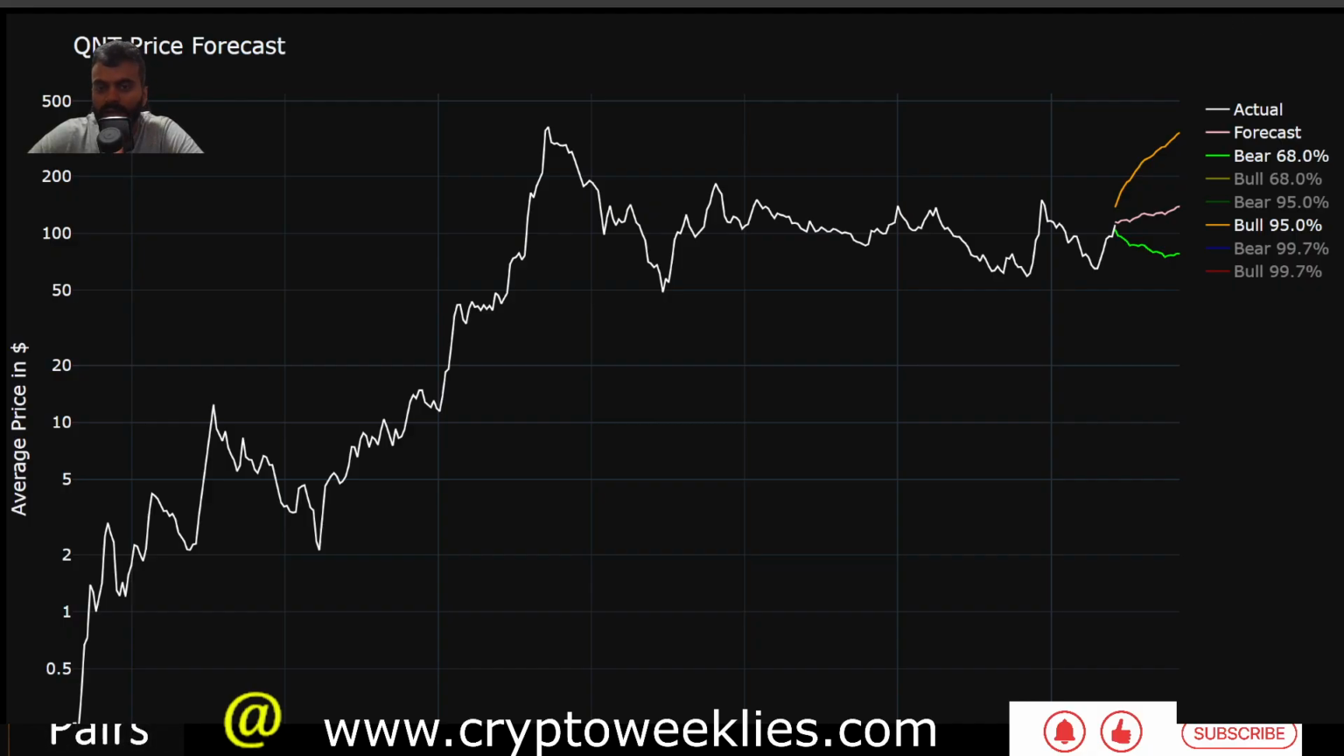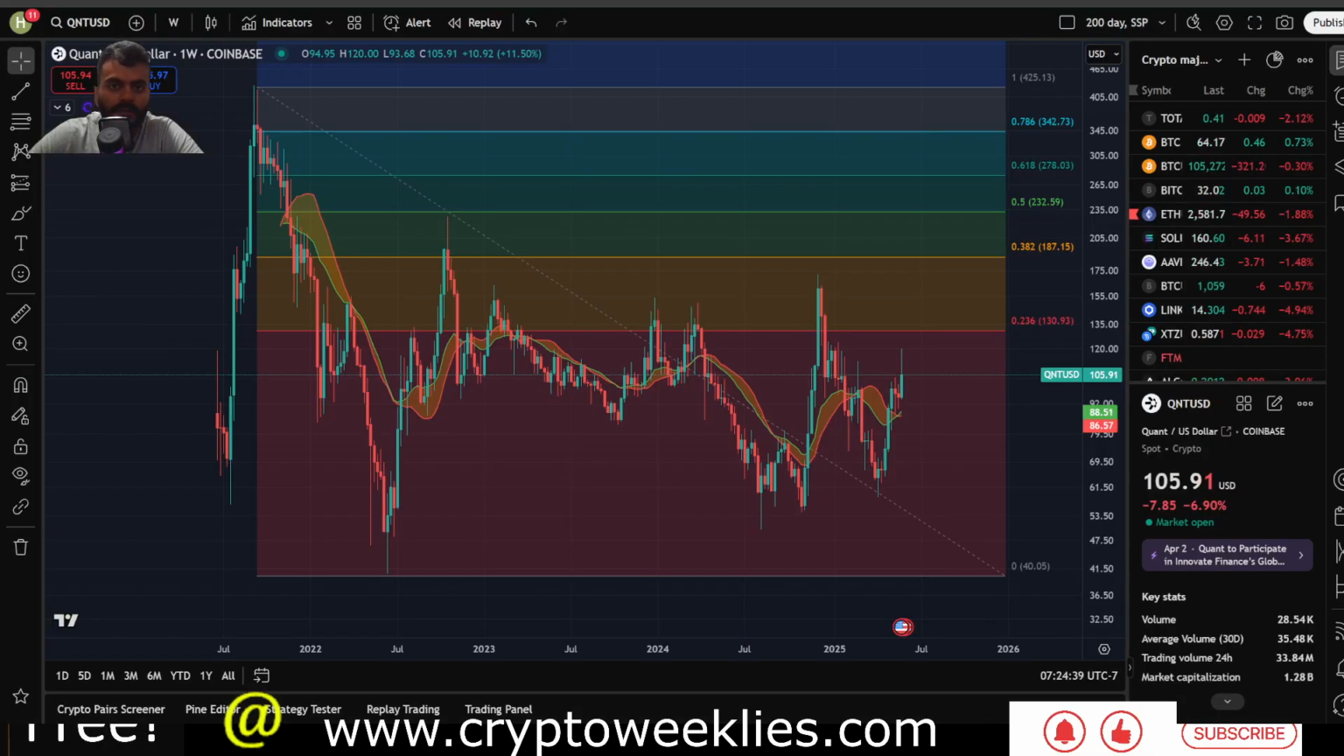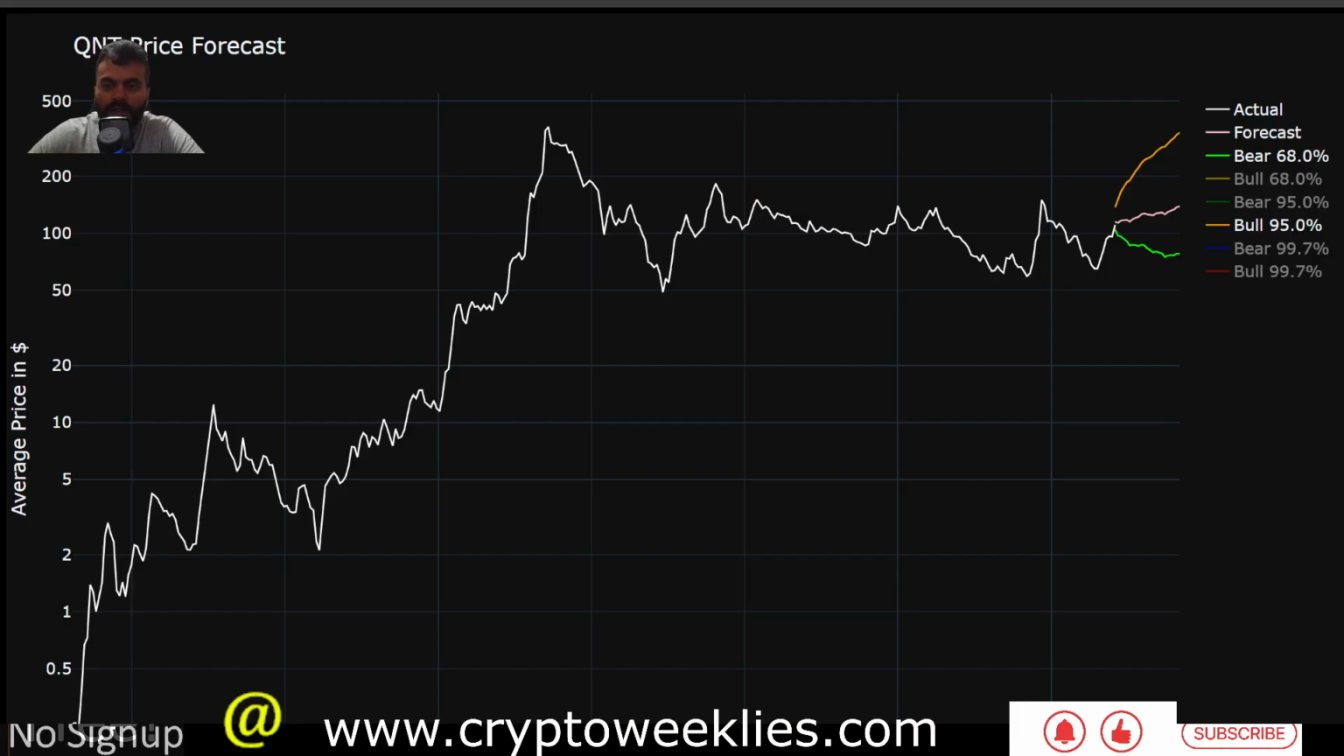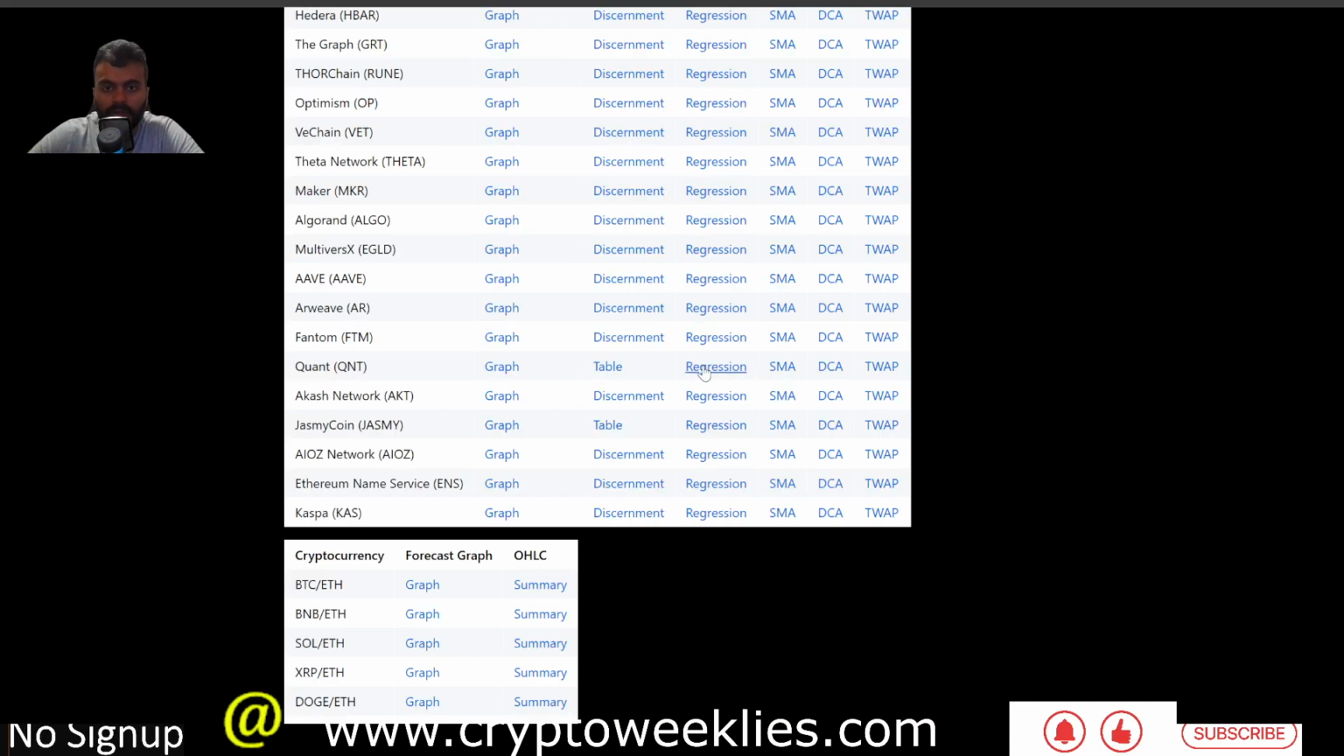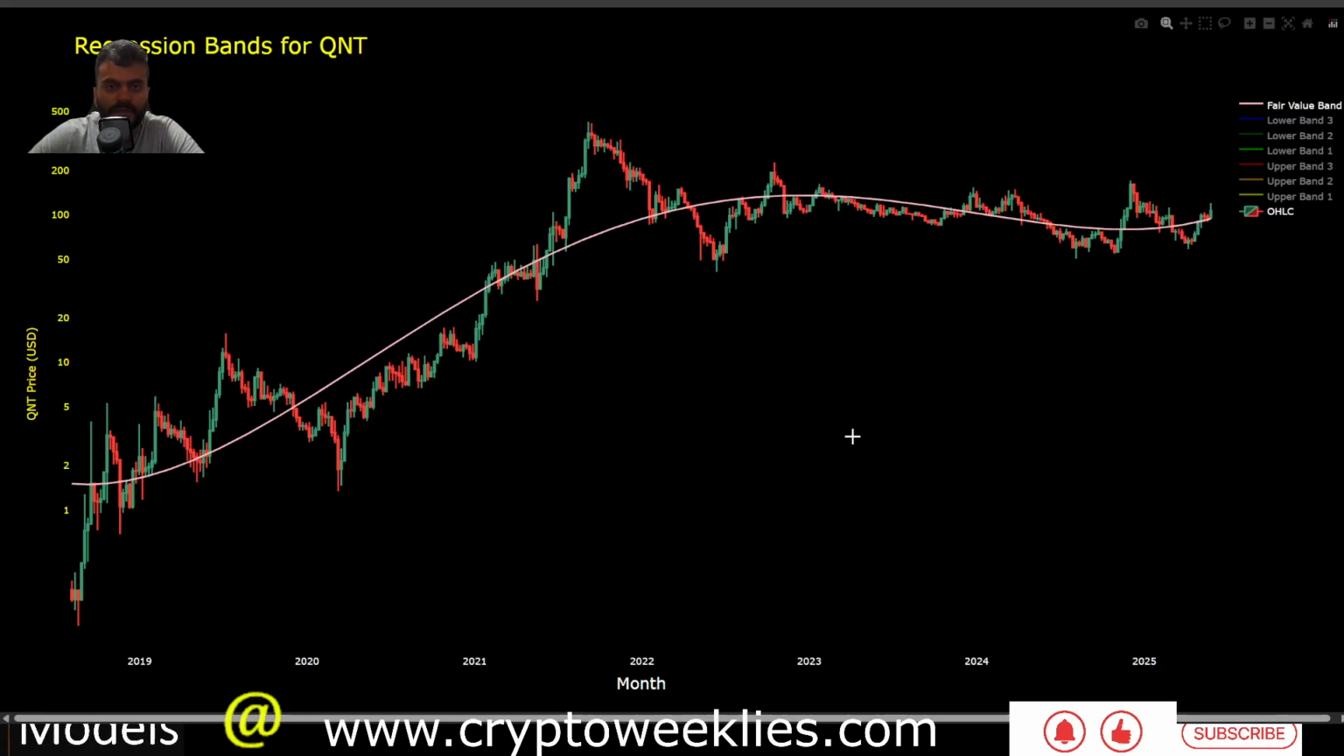So slightly between 10 to 25% down from the current price of about $105. So that's the support for Quant. The regression based fair value estimation, the polynomial regression model, helps identify this pink line, which is the fair value for Quant,